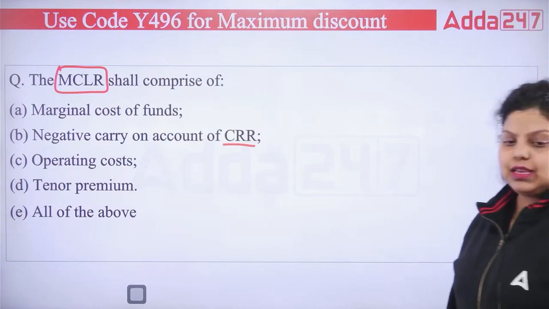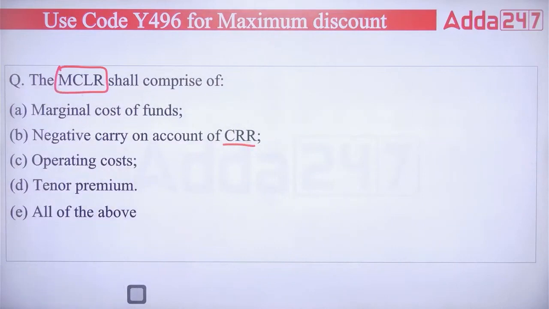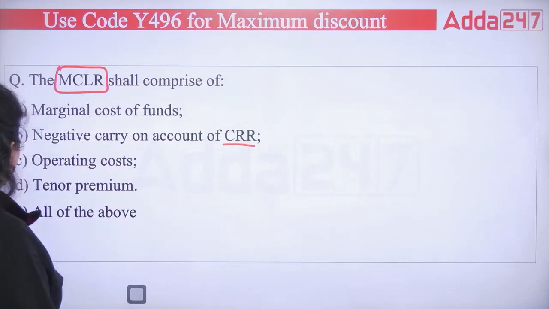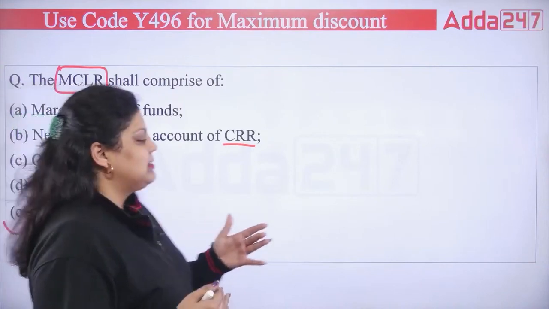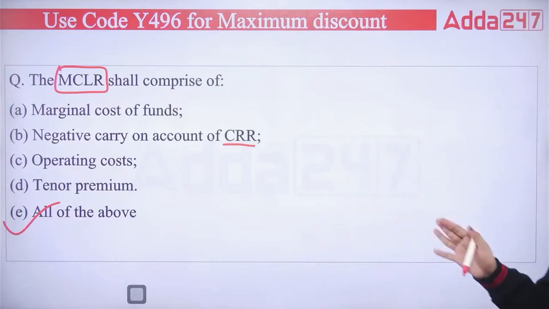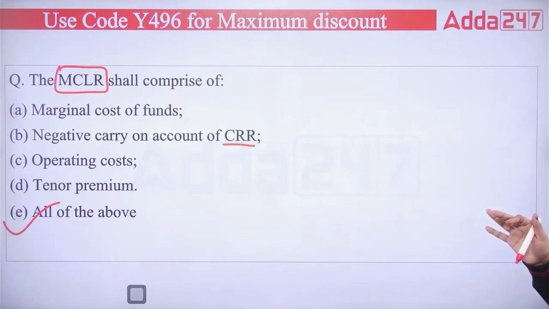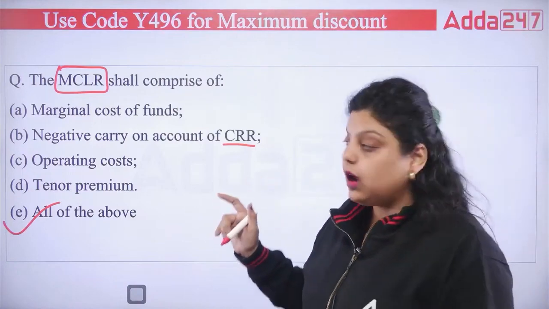So A, B, C, D or E, which of the following is correct? And the right answer here will be all of the above. Marginal cost of funds, negative carry on account of CRR, operating cost, tenure premium, these all are part of your MCLR. To calculate what rate of interest to be charged on a loan account, you have to